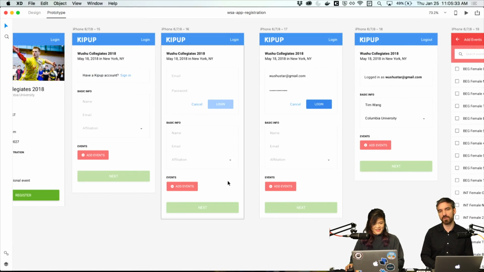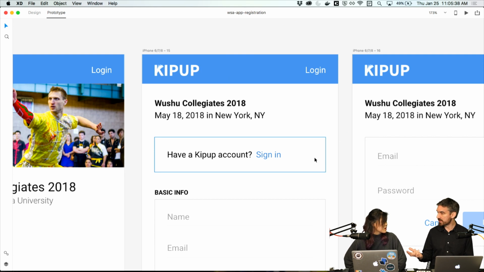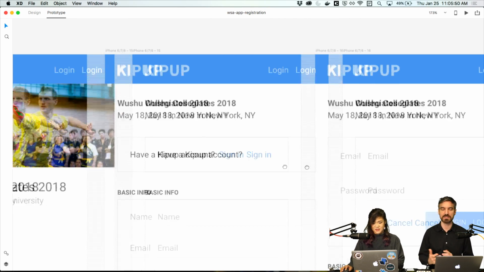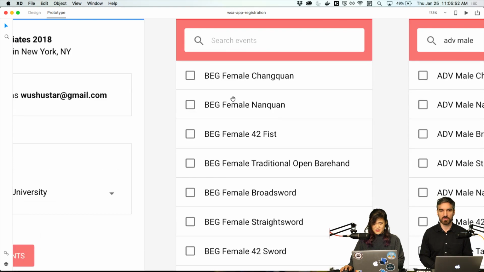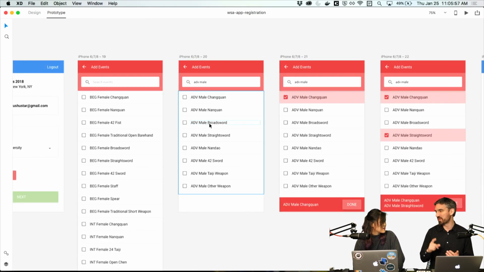Right. And you were mentioning Swarm, I think, which is a social app that you use on the phone, and you were inspired by the fact that you had to search through a very long list of contacts. And here it's a very long list of sporting events. So that's the same pattern, and actually you improved the experience, because we found something very frustrating on Swarm: when you select the wrong contact, you have to search again to unselect it and search again to select the right one. Yep, that wouldn't really work for event selection. Yeah. So awesome. Cool.